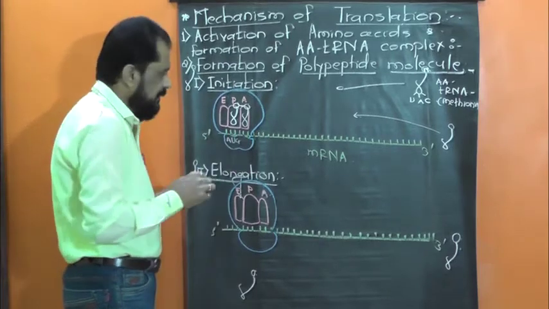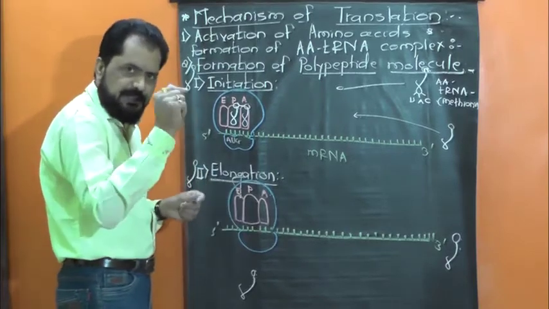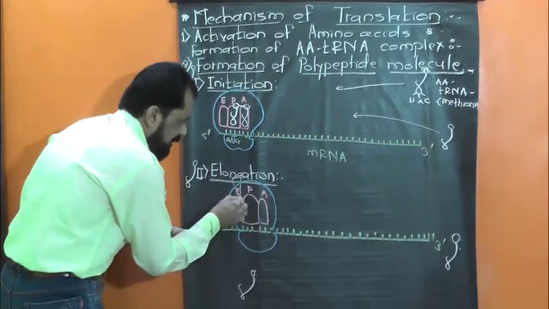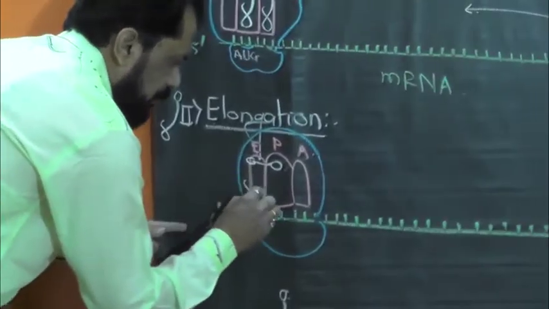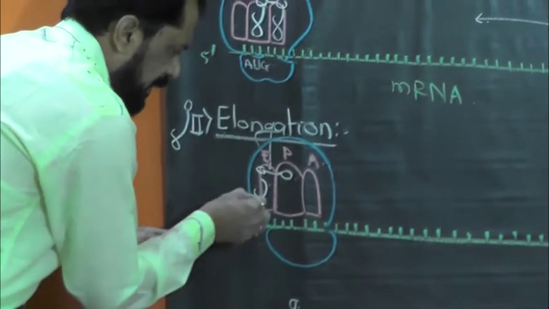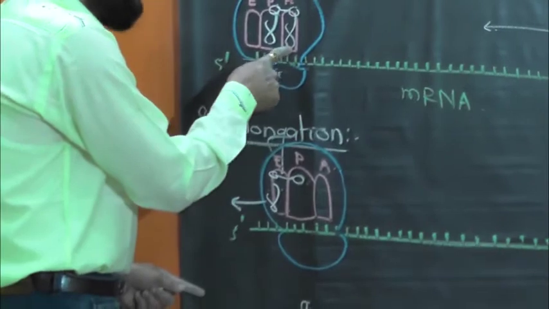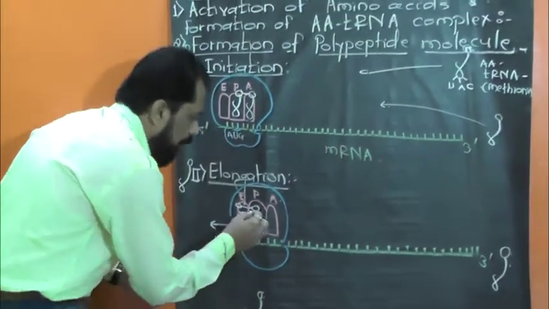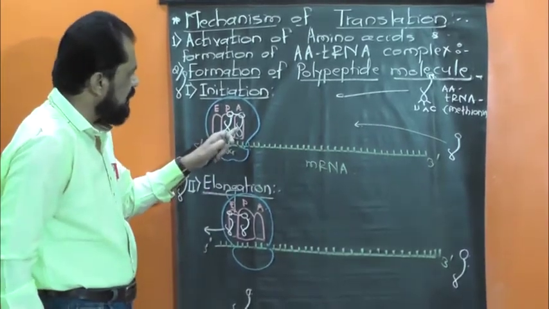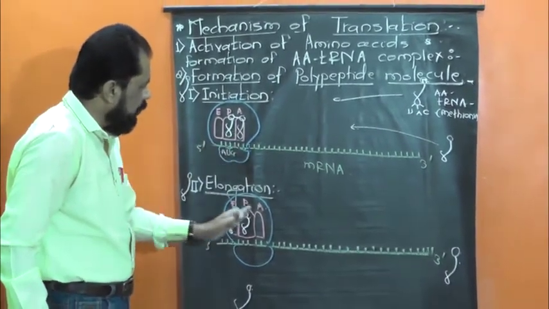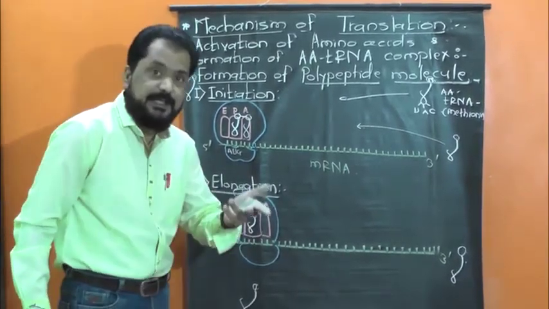So I said that as the ribosome moves towards the 3' end by a single codon, the tRNA at P site becomes free. tRNA becomes free and it leaves the ribosome, while the tRNA present at A site occupies the P site. पर्यायाने A साइट वर असणारा जो tRNA आहे तो P साइट वर येतो and thus A site becomes vacant for